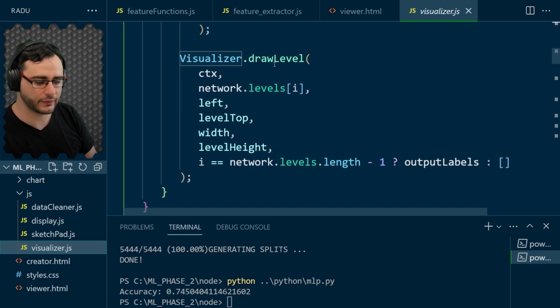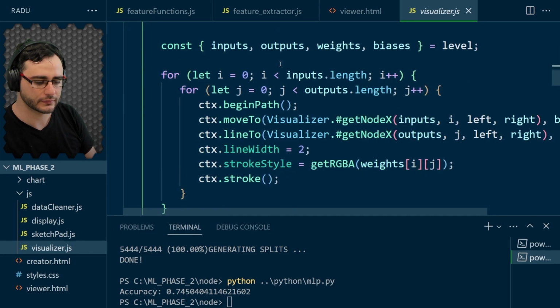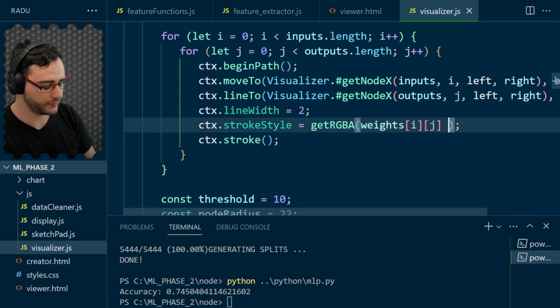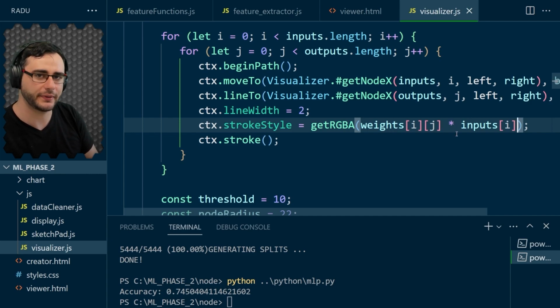then you could go in the visualizer and go to draw level. And here we're drawing these weights between the inputs and the outputs. So they are the lines, and we set here the value, the RGBA of the weight value, but we can multiply this by the inputs of I. And this is going to make that connection disappear if that pixel is off, or be present if the pixel is on. Because of that anti-aliasing,